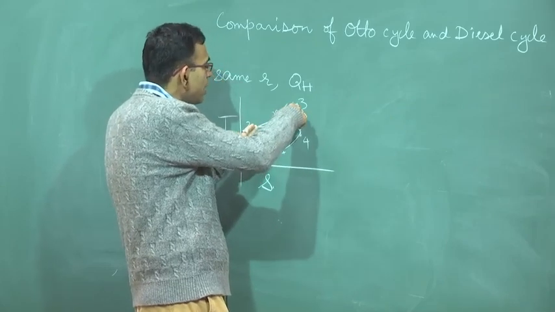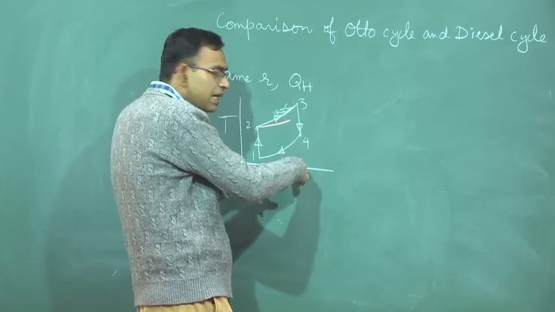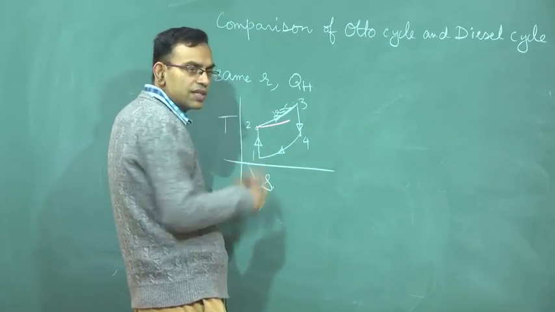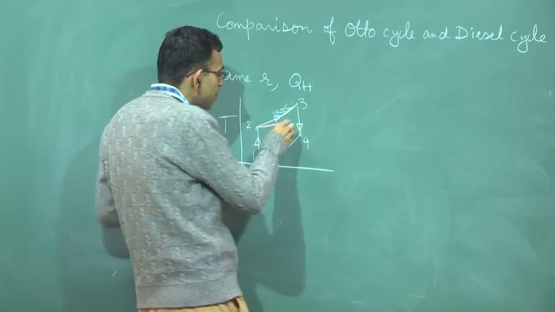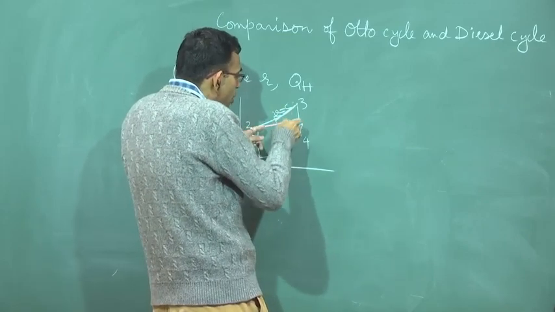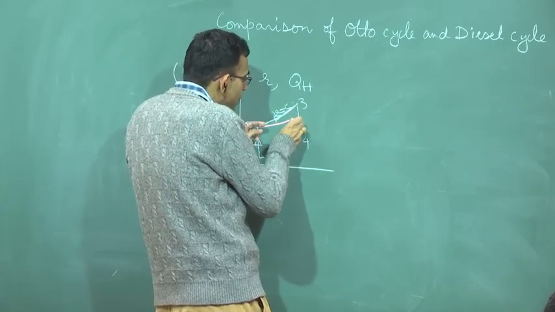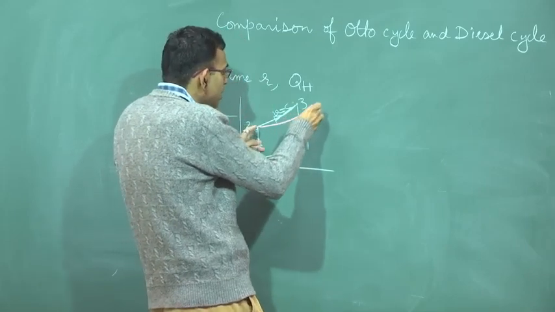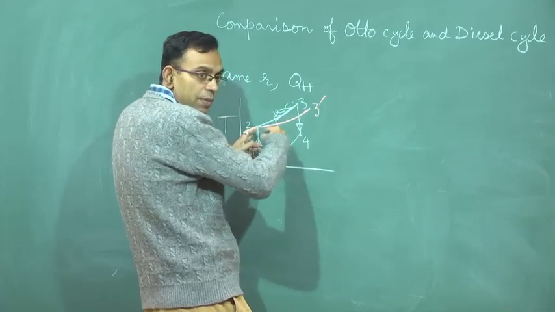So, from 2 to 3 whatever is the area under that, that is the heat transfer during heat addition for the Otto cycle. For the diesel cycle, because this line is going below, to compensate for this loss of area it should go further towards the right to make the area under 2 to 3 same as area under 2